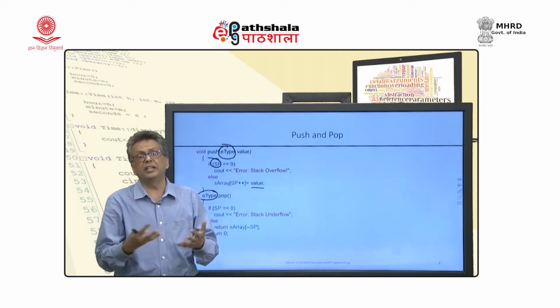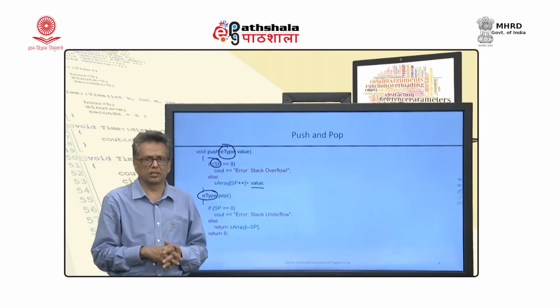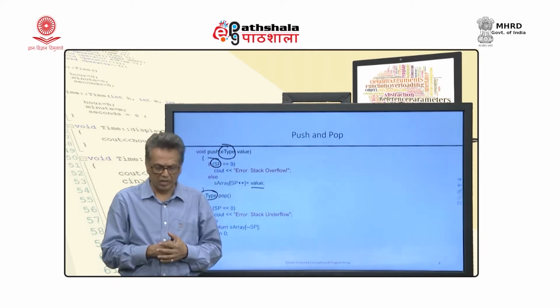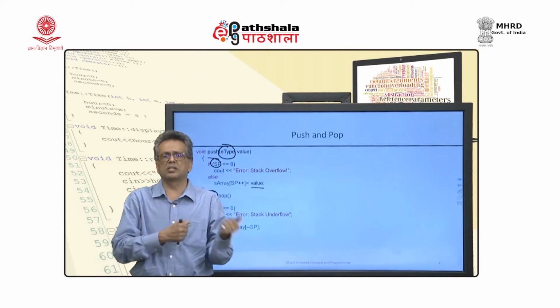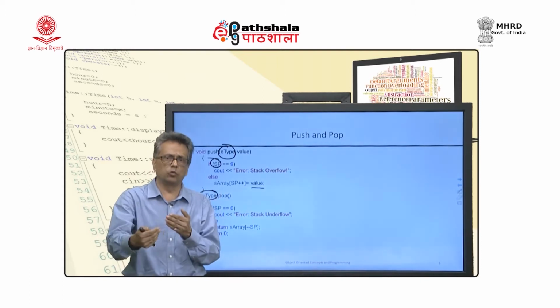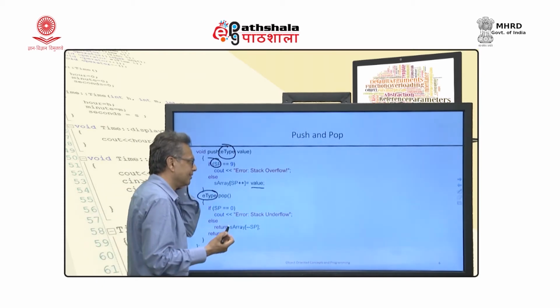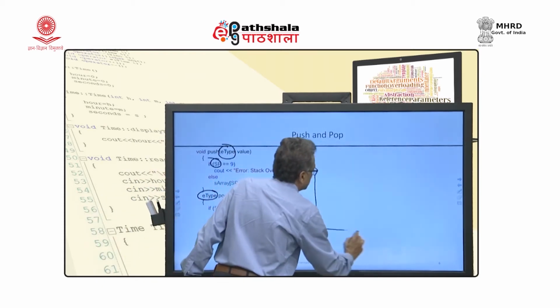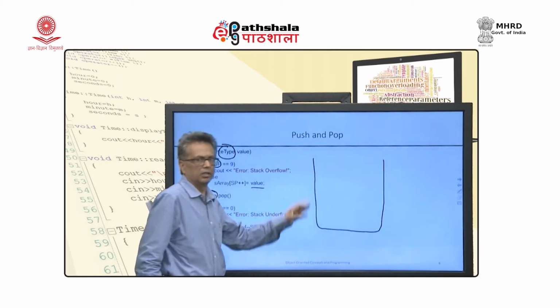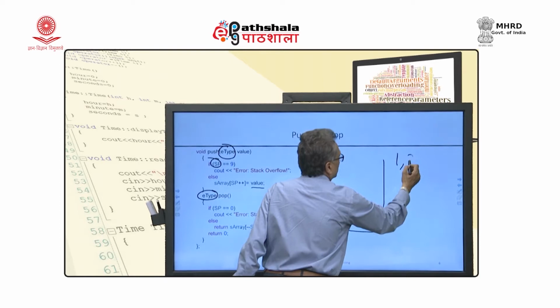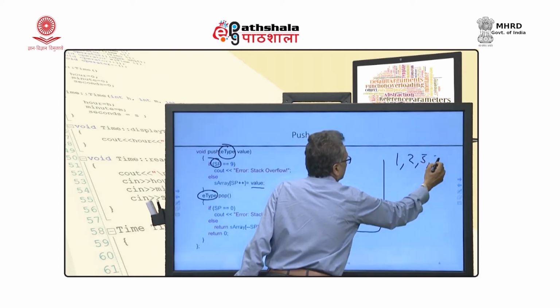If you have not studied a subject like data structures, you probably will not understand what we are doing right here. Stack is a data structure which is last in first out. So, what you insert first will be taken out at the end. It is usually denoted in this fashion. Suppose I am inserting 1, 2, 5, 3.